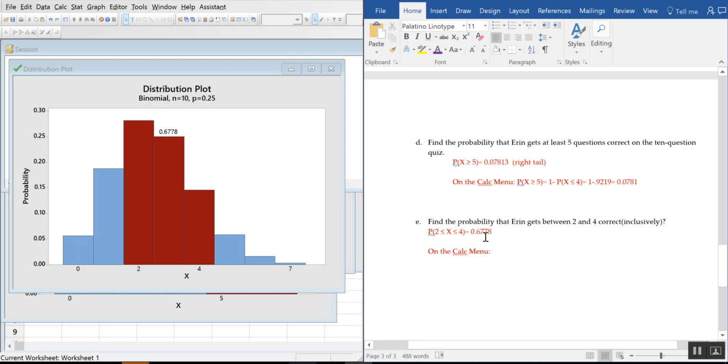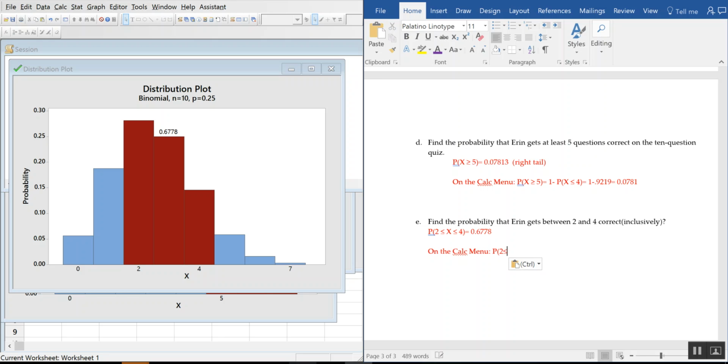So it won't do an in-between, but it'll do to the left of 4, which would be all of these guys. And it'll do the left of 2, which would be all of these guys. So, but I really don't want that. I want between these two. So you can do to the left of 4, and subtract these last 2 bricks, which would be to the left of 1 to get the in-between. So on the Calc menu, you wouldn't do the in-between. So you wouldn't do the probability that it's between,